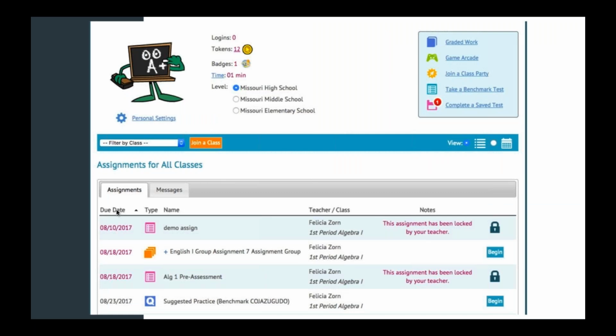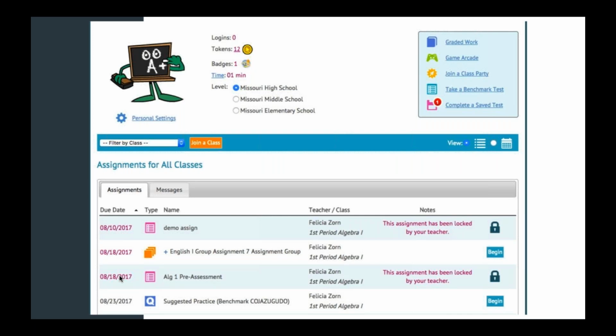It's right there. And they can sort either newest or oldest just by clicking on it. If they have a date that's pink, which I do here, that indicates that the assignment is past due, because we do allow students to complete assignments up to 2 months after the due date. So if that assignment is not locked or deactivated, they can still work on it up to that point. But you can, of course, lock it at any point, and then they will not be able to complete that